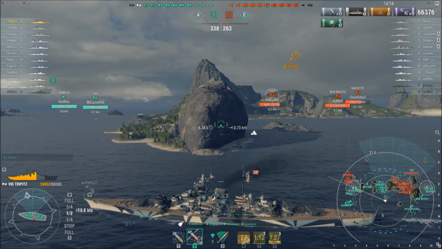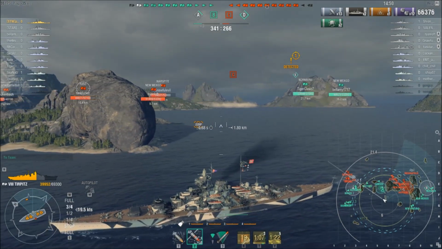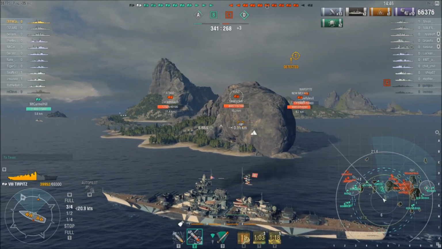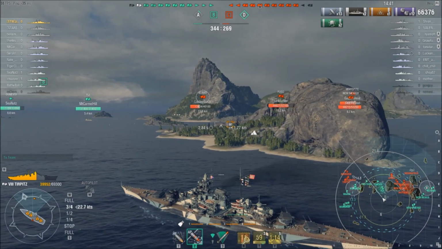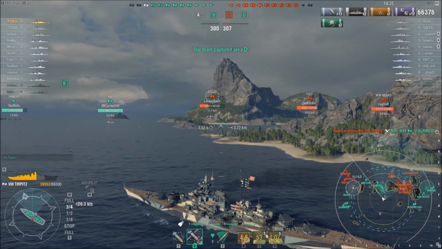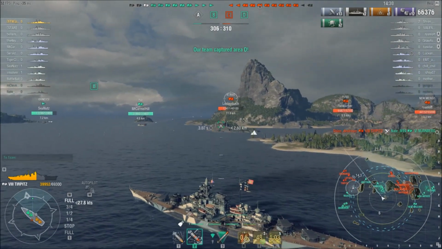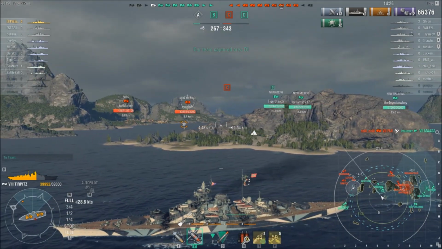I'm detected. I can't see what's detecting me. It has to be the destroyer. The destroyer is either doing one of two things. It's coming after me, or it's going after the guys that are at D. Now, because I come around this little island here, I don't know. I'm taking a huge gamble in what I'm about to do, but I'm thinking that guy was going after the New Mexico because,